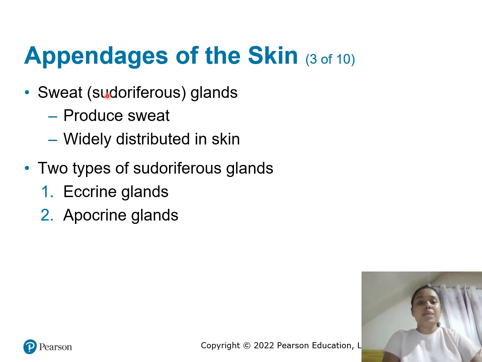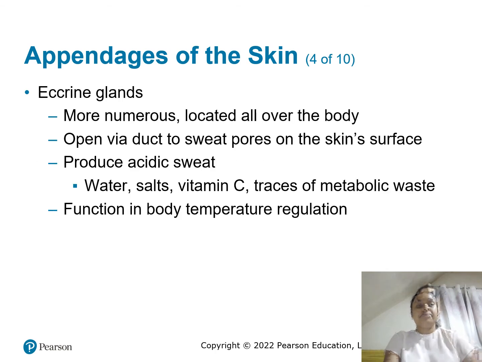Now, your sweat glands, or your sudoriferous glands, obviously produce sweat, and they are widely distributed in the skin. It has two types, your eccrine and your apocrine, or eccrine or apocrine, depending on how you pronounce it. Your eccrine glands are more numerous and located all over the body. They have ducts too. It opens to your sweat pores. It produces acidic sweat, so water, salts, vitamin C, some metabolic waste, and its function is for body temperature